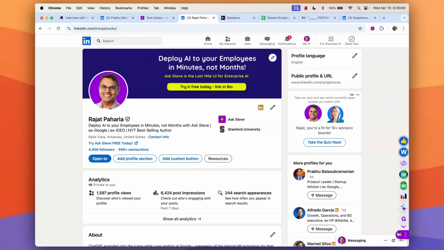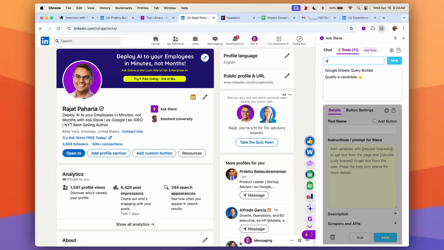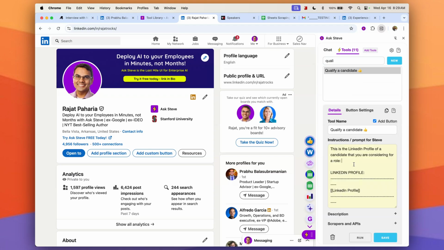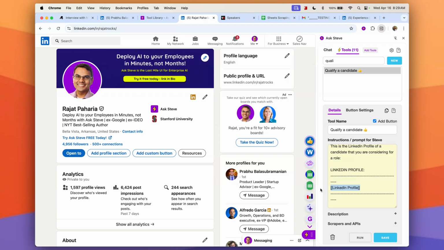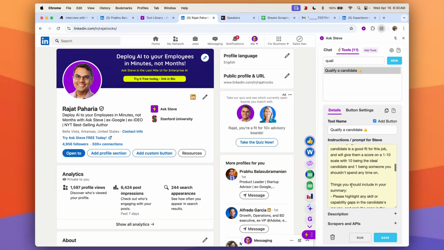If we look at the way these ones are built, you should definitely modify both of them. Let's take a look at the qualify one, and we can see exactly how it works. It grabs the person's LinkedIn profile. It asks you for the job requisition. That's what these double curly braces mean: ask the user for something. Then it has a bunch of details about how it wants to do the qualification criteria, including the scoring, etc. There's a whole separate video about how to modify this particular tool, which you should go watch